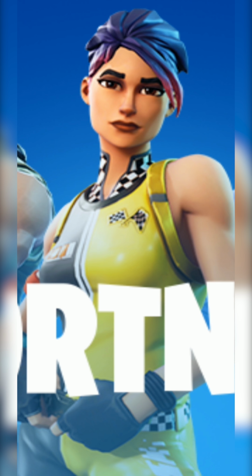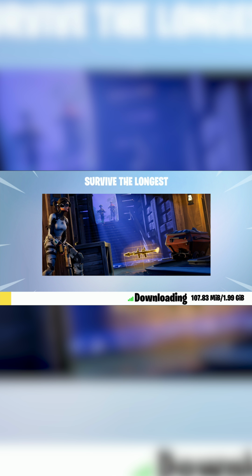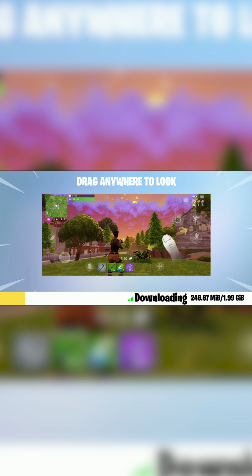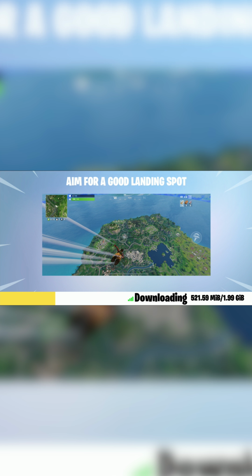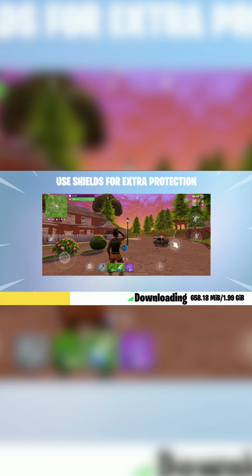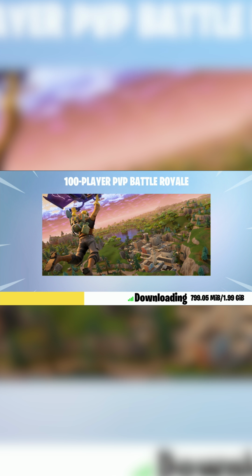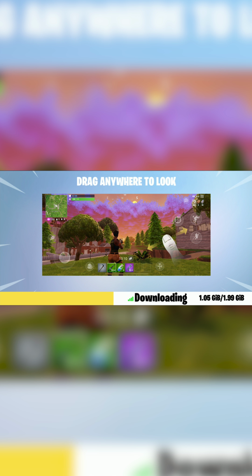From here, we can launch the app directly from inside this launcher, and then your Fortnite app should open up for the first time. Now, how long this download and initialization process takes really depends on your internet and your phone, so you may have to be a little bit patient here. For this whole download, it only took about 10 minutes for me, but just be patient with this and it should install no problem, as long as your device is compatible,